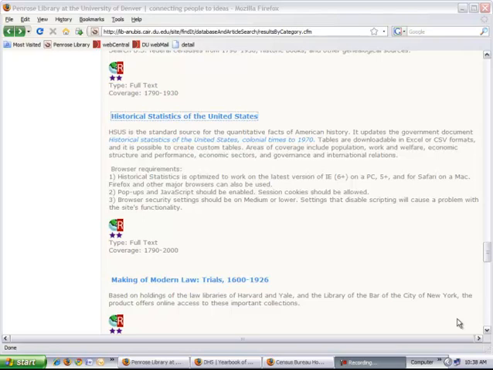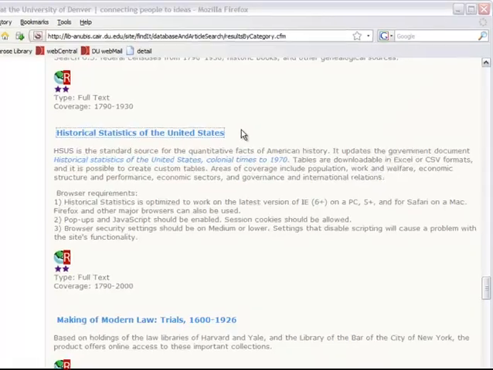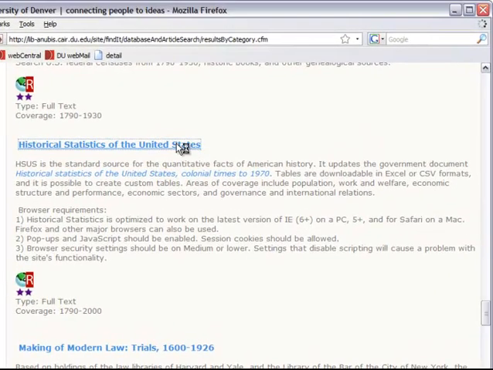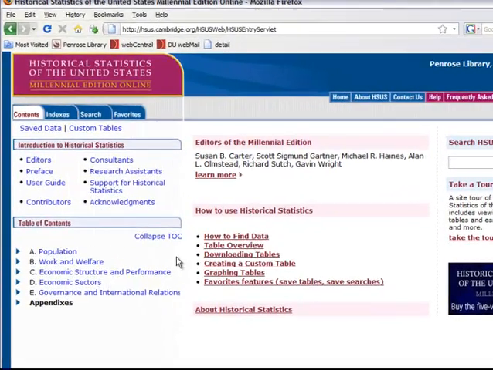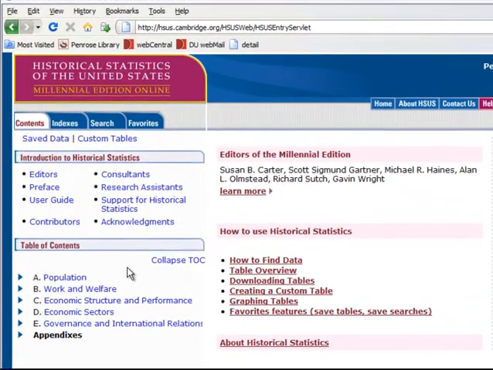Hi, we're going to look at a few historical sources now. The first one being the Historical Statistics of the United States, and this will be on your research guide. So this is a standard reference work for all kinds of facts about American history, and it's wonderful. It's online, it's searchable. I find it easy and helpful just to take a look at the table of contents